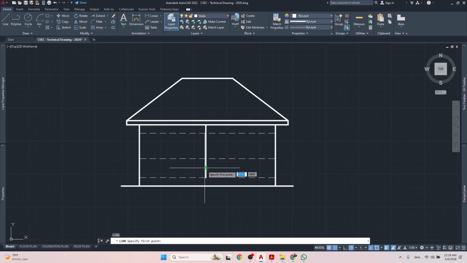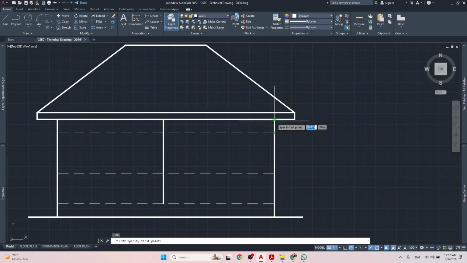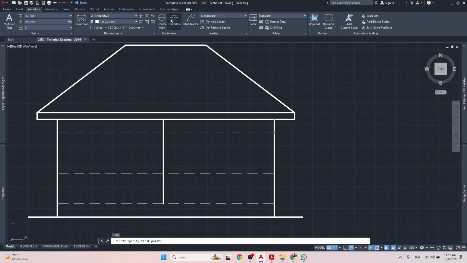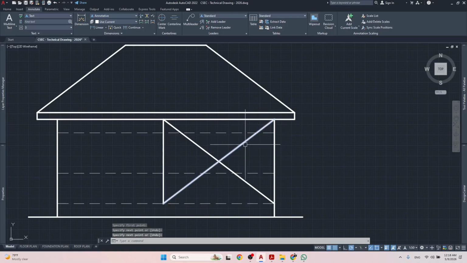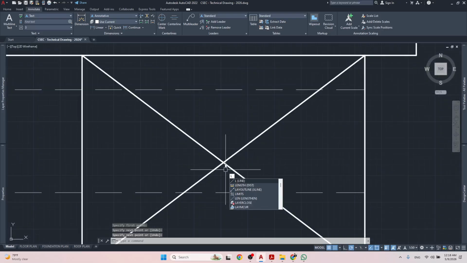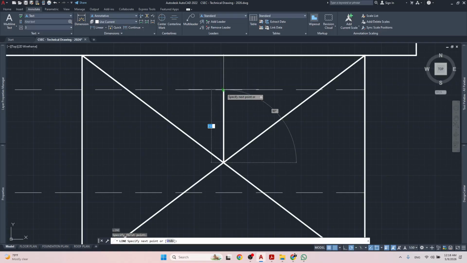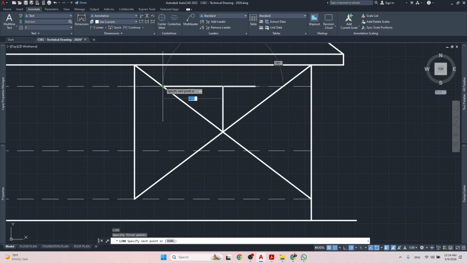So where is the middle of this room? Quick tip in technical drawing: if I want to find the center, annotate center line, boom, boom, that's the center. You could also just draw an X from here, diagonal lines from the corners of a rectangle or square, where the cross is in the middle, that's your center. Okay, so we have the center of the room. So if I go 600 this way, 600 this way,